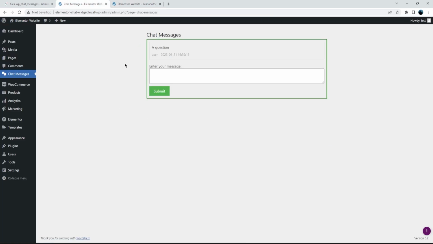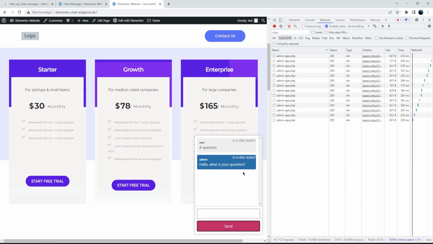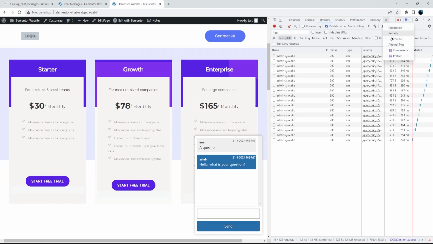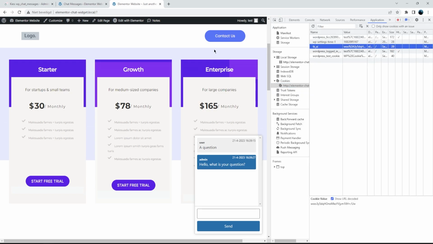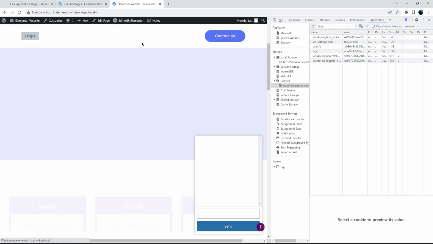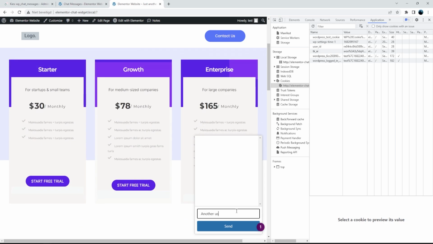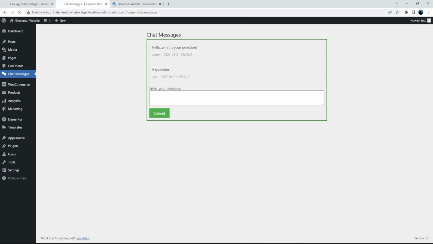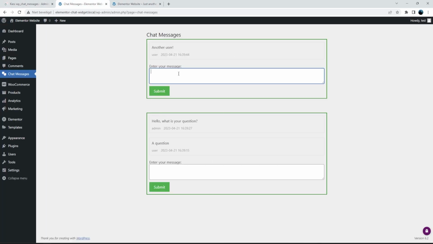An administrator will have received this message and he can answer this. Hello, what is your question? Submit and you will see it pop up here. So we have back and forth between user and administrator. That's pretty nice. Now, if another user enters, he will get another user ID, voila, and he can ask something else, and this will start as a new message. Hello,